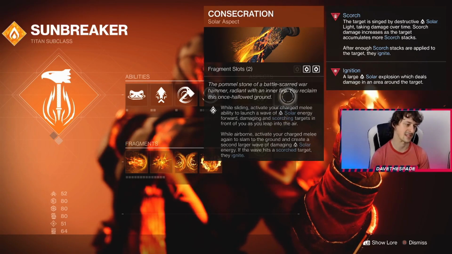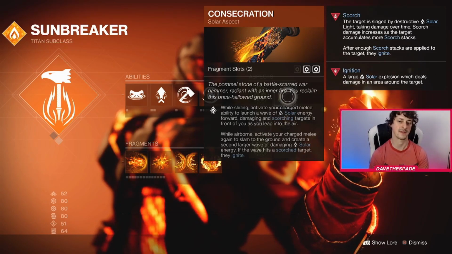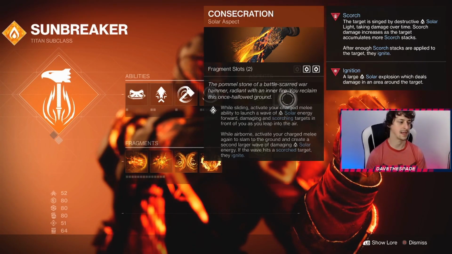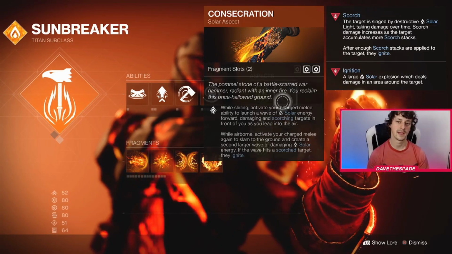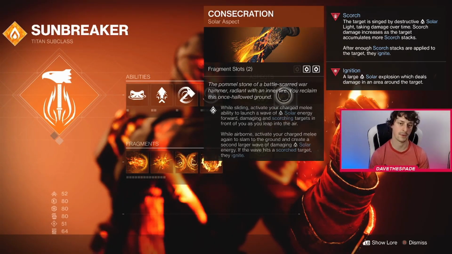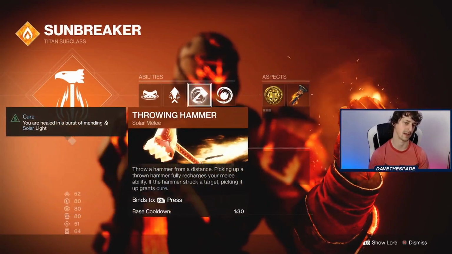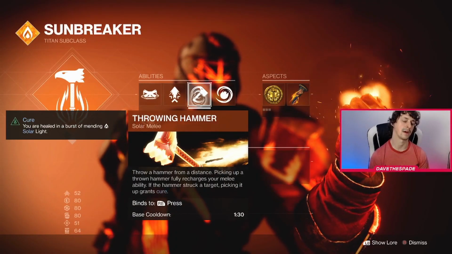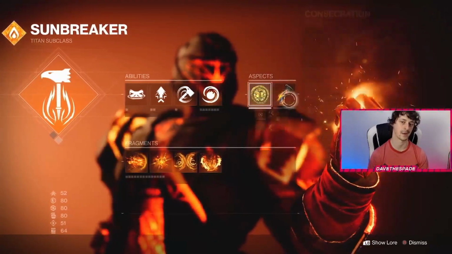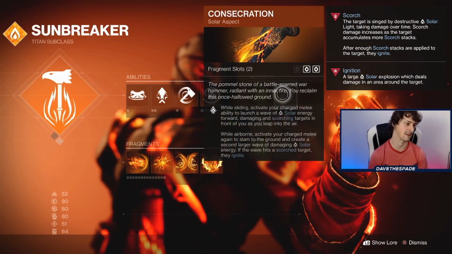Again, this is sort of an explosive build, so this is another way of just getting massive ignitions and stuff. This is also a great way, and you'll see during the gameplay that I use this, just the first half of this, just to apply Scorch on someone, and then I actually hit him with either the Fusion Grenade or the Throwing Hammer. We'll apply even more Scorch, which will then make them explode anyway, so you don't have to do the full melee. I'll only do this if there was like a group of people